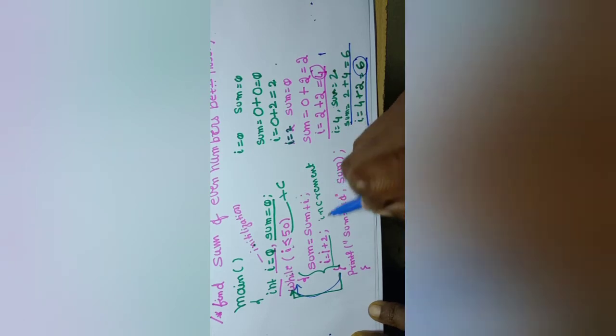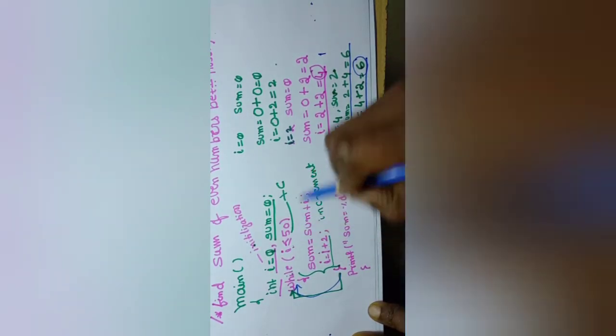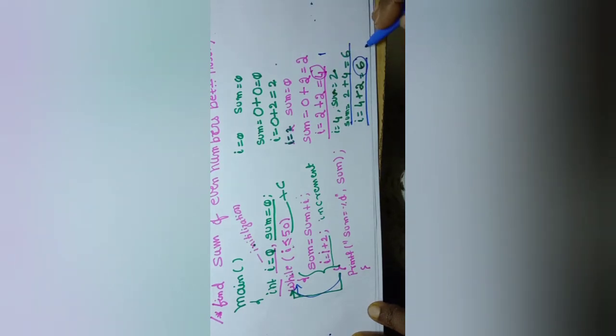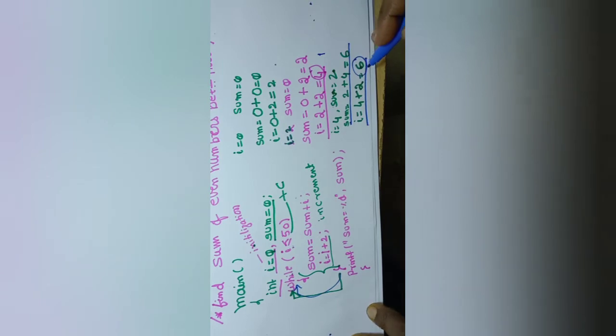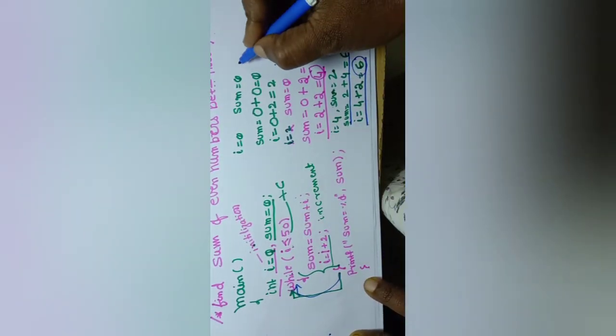Like this, what happens? I value is incremented till 50. It is incrementing according to this, as I showed here. Similarly, you try the next one also. In this way, it is going to add the numbers. Finally, when your I value reaches